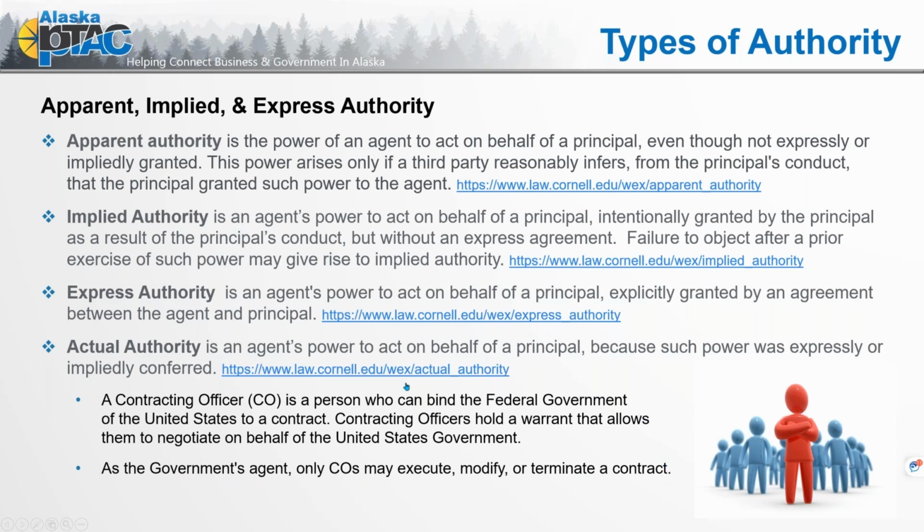Now, part of that role for the contracting officers is they may then identify their contracting officer representatives. And in that case, a letter is issued to the COR that is giving them a limited authority and when they may or may not act and up to what limit they may act. And so now we're starting to get into